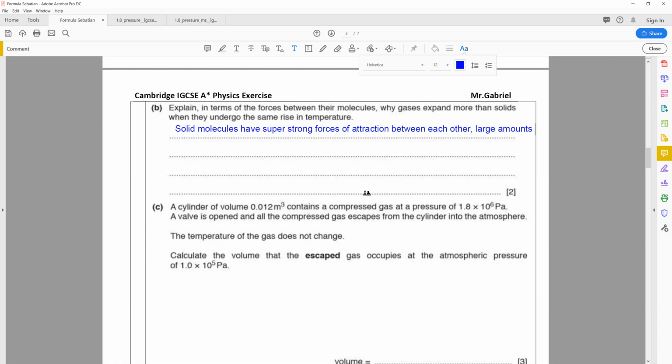Large amounts of energy is needed to separate the molecules, whereas gas molecules have weak forces of attraction between each other. Less energy is needed to pull